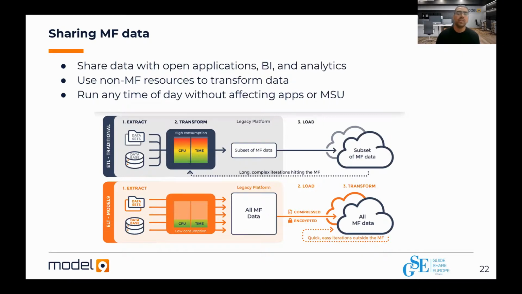So let's say you moved a VSAM file, a KSDS, out to the cloud, and you want to transform it. Our transformation service will allow you to do exactly that, specifying the COBOL copybook that the VSAM is using and the VSAM itself, producing a CSV file in UTF format, and doing that all outside of the mainframe without consuming a single MIPS. So this really opens up possibilities. You can run data transformation all day long. You don't have to consider whether this is your peak time, or that you only have to do it in the night batch because that's where you have enough CPU to do all the transformation. You can really push data all day long and transform it whenever you need to.